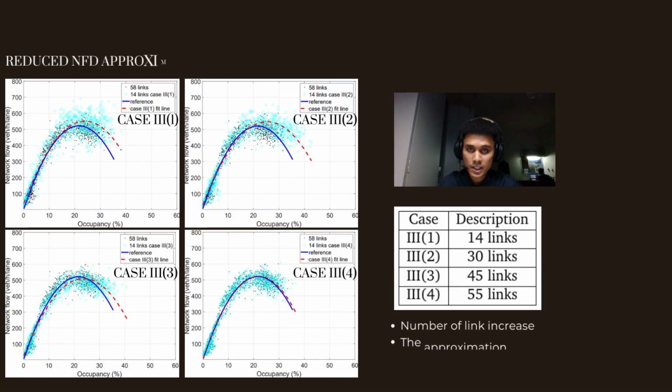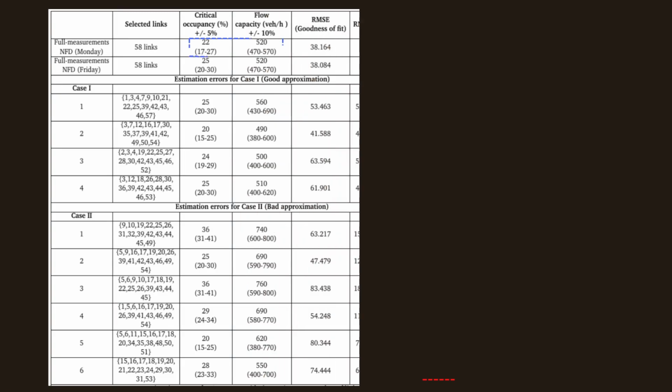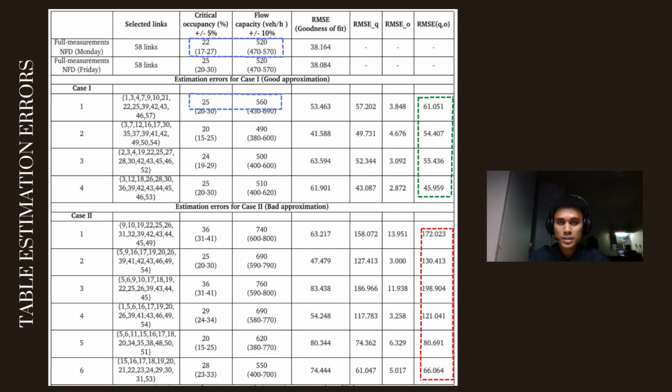This comparative study analyzed estimation of NFDs using increasing number of links, namely case 3. Description of the experiments involved are as follows in this table. It is observed that when the number of links increased, the approximation of NFD was improved. As we can see in the table of estimation errors, the blue box in case 1 is the range of critical occupancy and